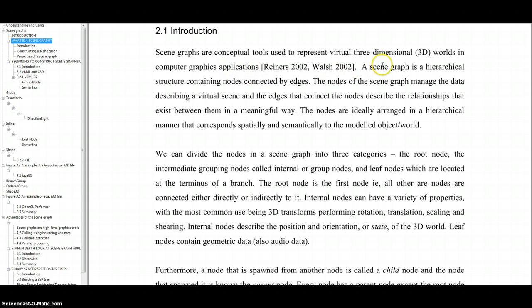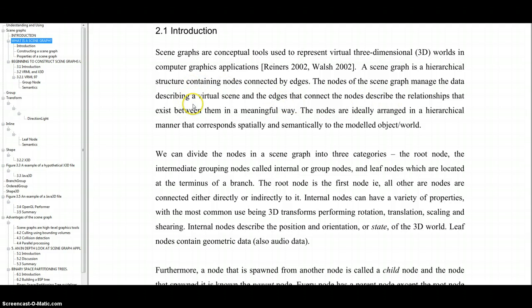A scene graph is a hierarchical structure containing nodes and edges which connect those nodes. The nodes of the scene graph manage the data describing a virtual scene, so it can be like 3D models and how they behave, like a 3D model of the head and how it rotates,